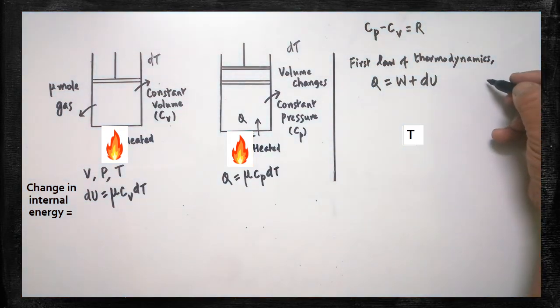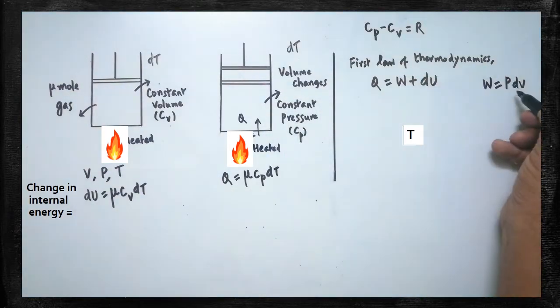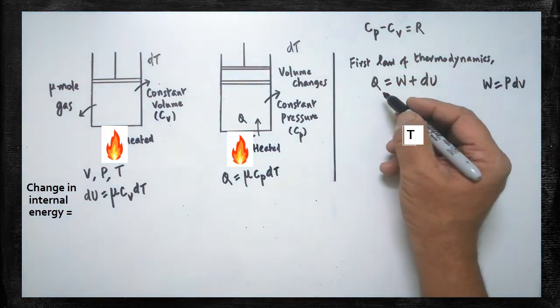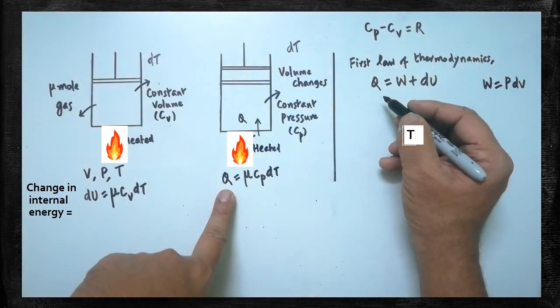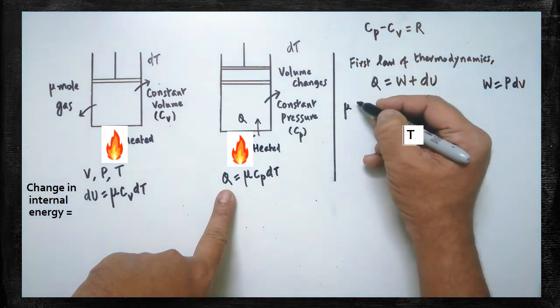Already we have learnt the work done formula in the previous concepts. What is W? W is nothing but P into dV. Here in the second case the volume changes. W, the work done, is equal to P dV, the formula we have already learnt. Now substitute all the formulas obtained in the previous steps. Q can be substituted as mu Cp